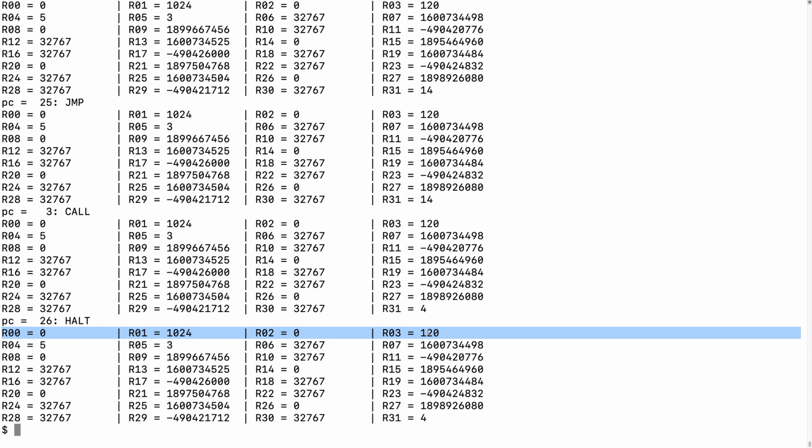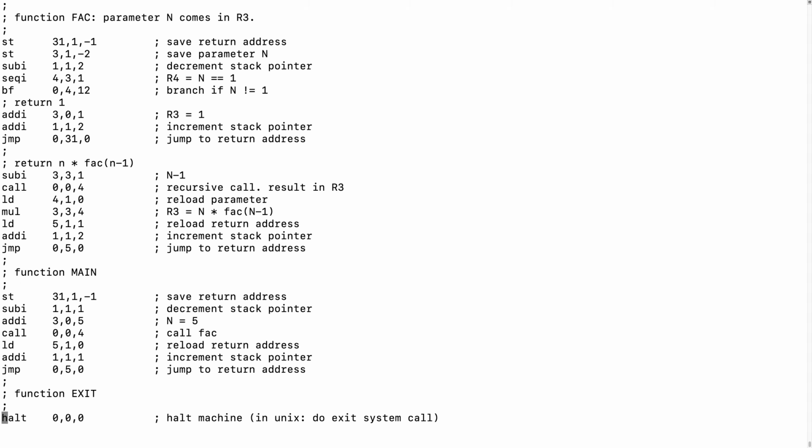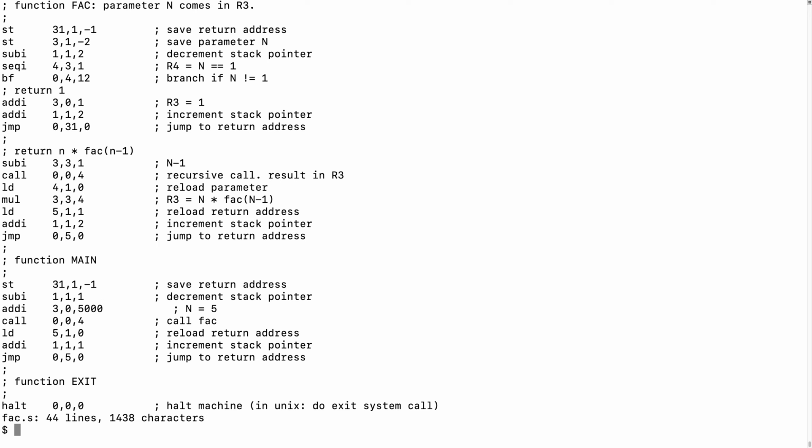But what do you think will happen if we change the program slightly to instead compute factorial for 5000? That's not so kind, but what do you think will happen? It will clearly be a disaster,